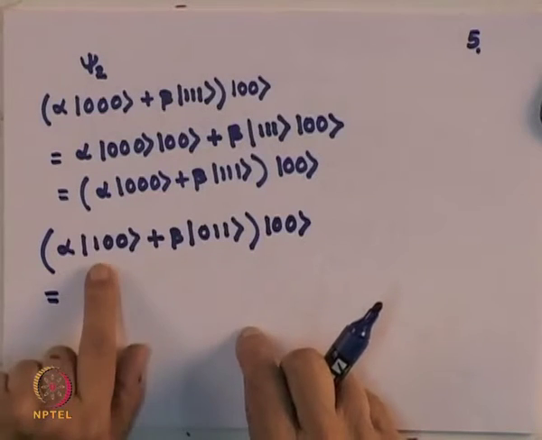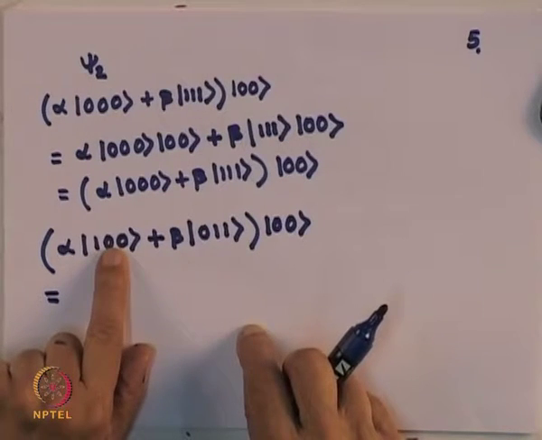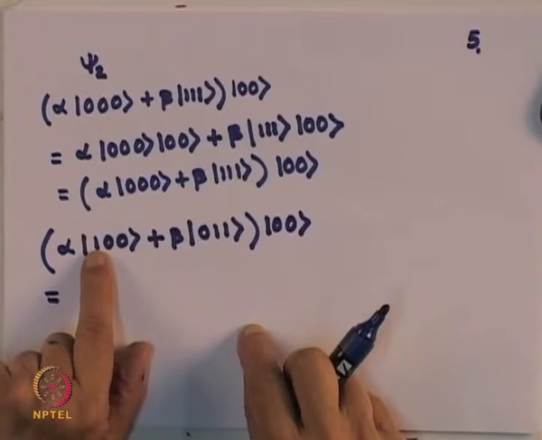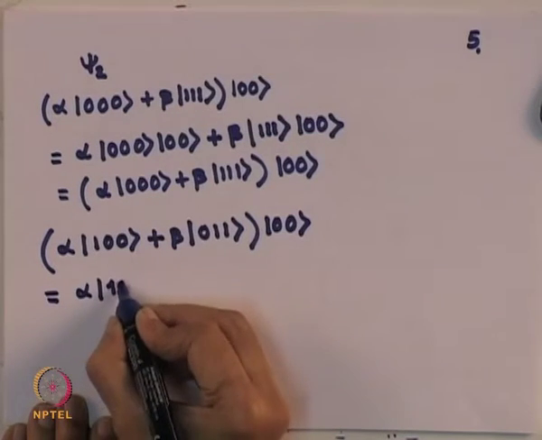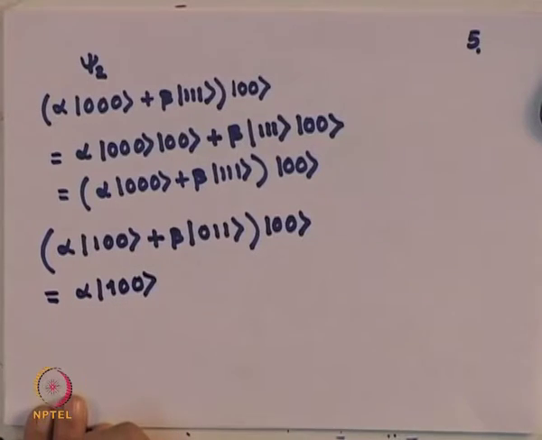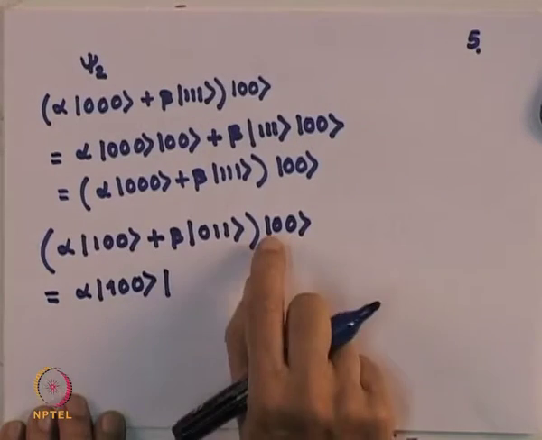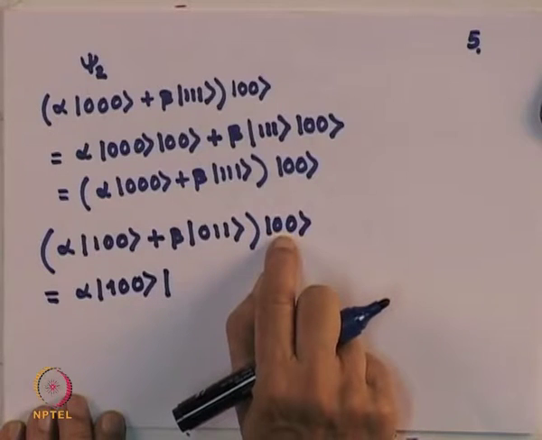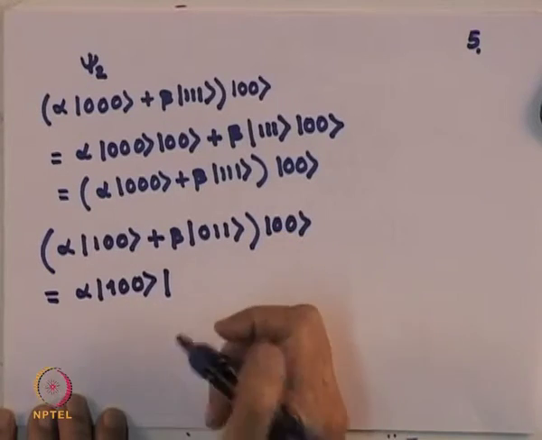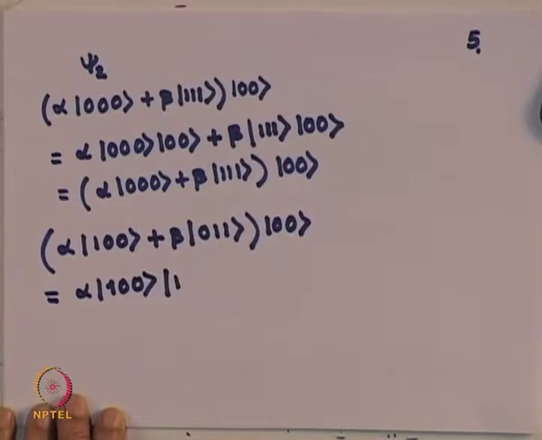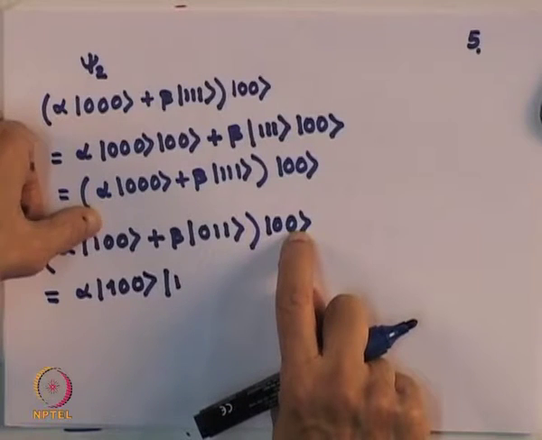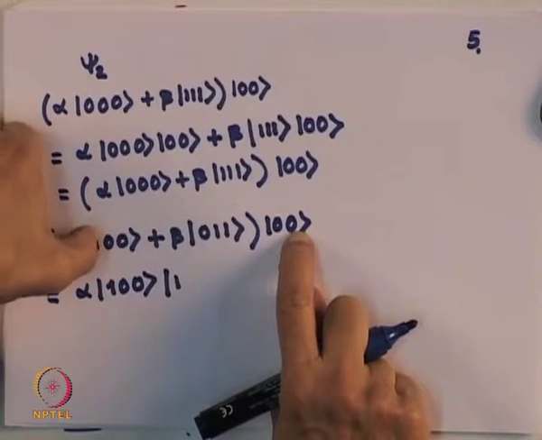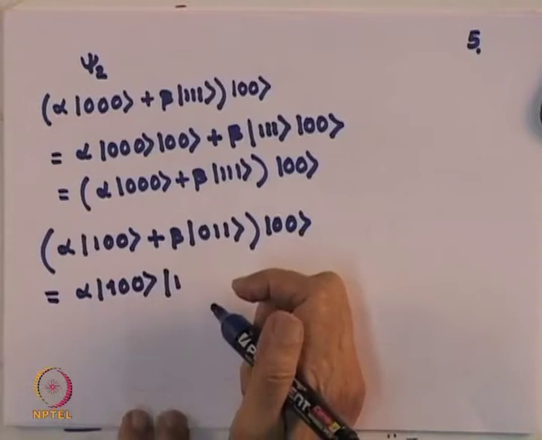My control of C0 is the first and the second. Now you notice that I have a 1 and a 0. So this will give me alpha 100. So far as this qubit is concerned, 0 will be flipped, so I will get 1 there. Now remember that the second ancilla bit is being controlled by the first and the third, and here I have a 1 and a 0 there, so the second one also gets flipped.